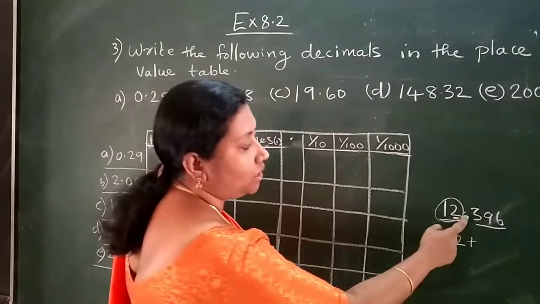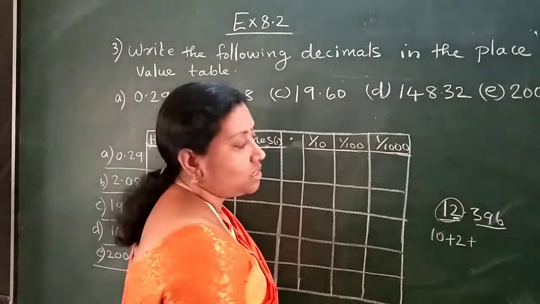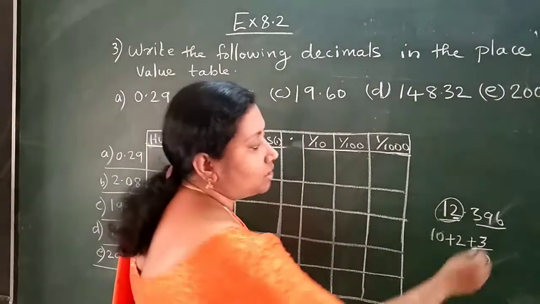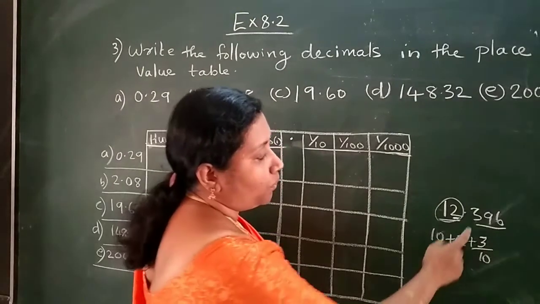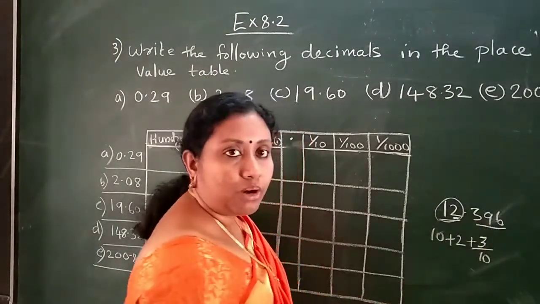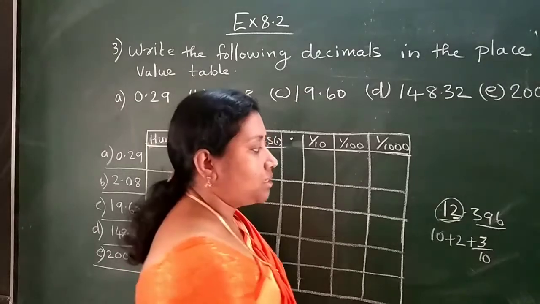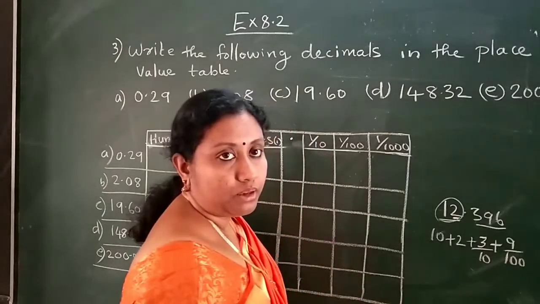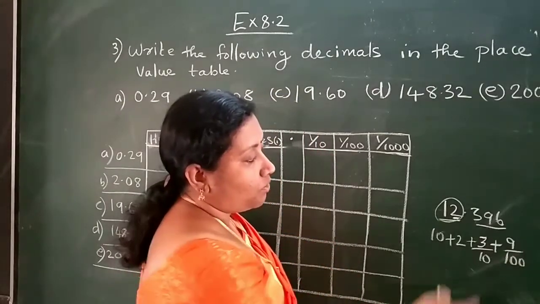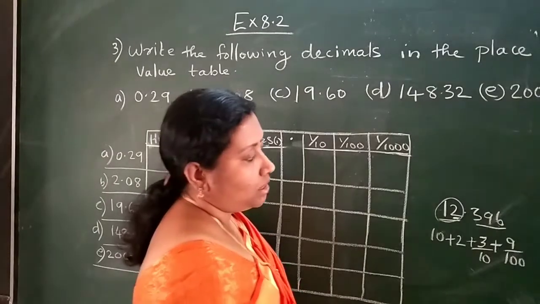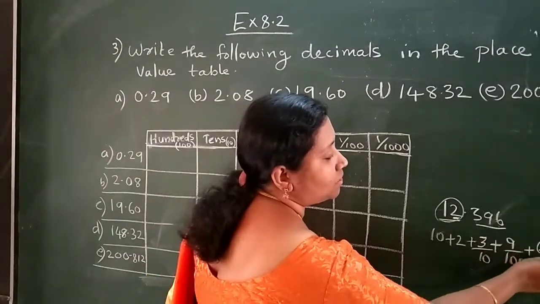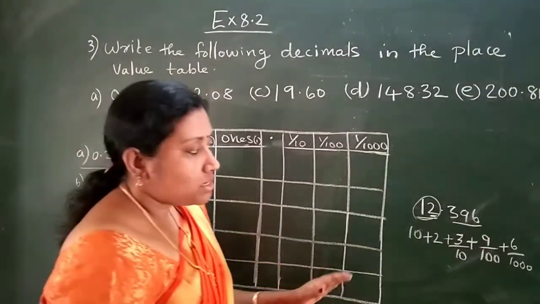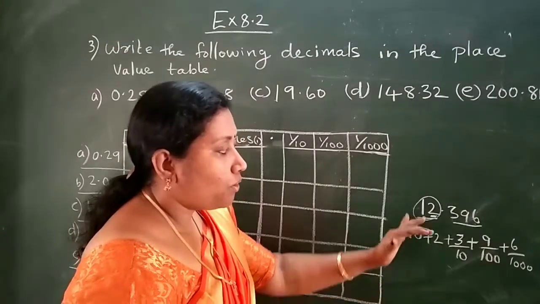After the decimal point, the place value of the first digit 3 is 3/10 or tenths place. Then the second place after the decimal point is known as the hundredths place. So you can write it as 9/100. Okay. Then which is the next place? One more place is there, that is 6. What is the place value of that 6? 6/1000. This way you arrange it, or this is the expanded form of this number.